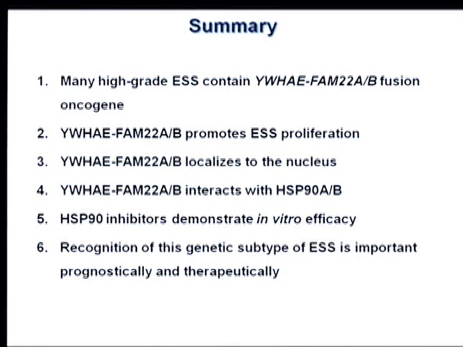So in summary, this novel fusion, YWHAE-FAM22A, promotes ESS proliferation, localizes to the nucleus, interacts with HSP90, BRAF, and RAF1. HSP90 inhibitors and preclinical validations demonstrate efficacy, and we think recognition of this genetic subtype of ESS is important prognostically and therapeutically. I don't have a summary slide for the overall talk, but I want to